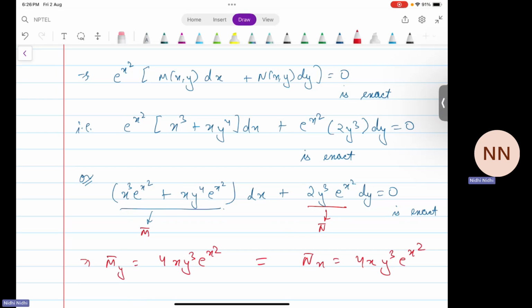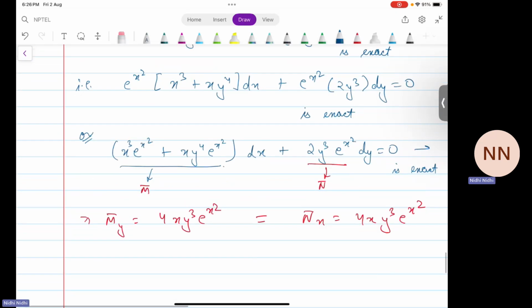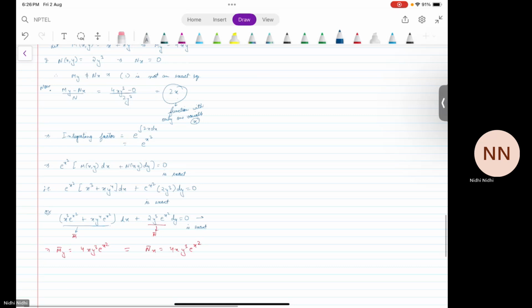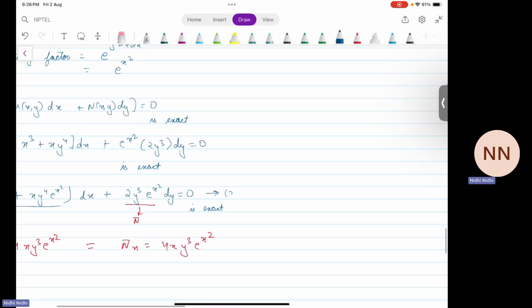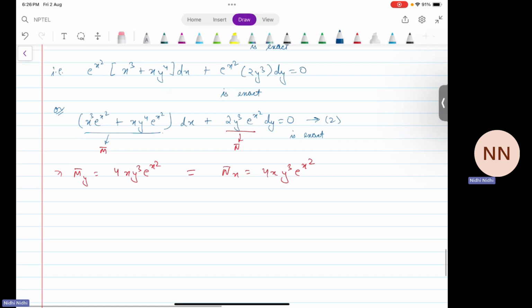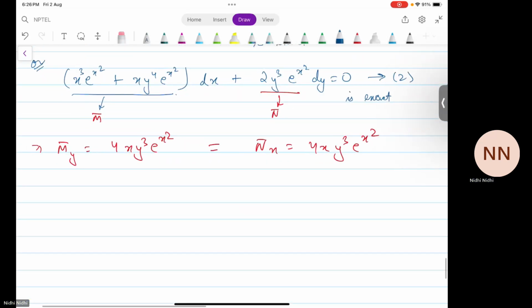So since this is an exact equation, we have its solution. Let's number this as equation 2. This implies the solution for equation 2 is given by